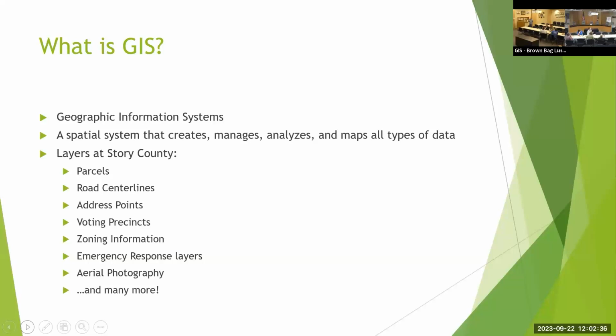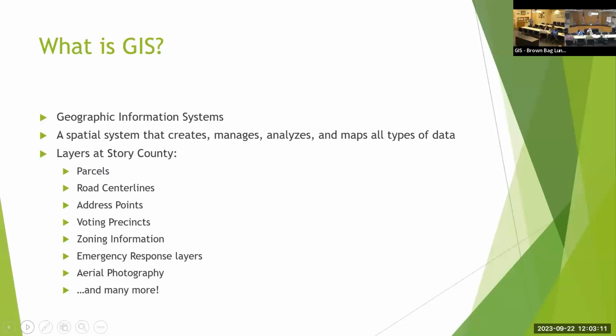Okay, so what is GIS? It's Geographic Information Systems. So it's a spatial system that creates, manages, analyzes, and maps all types of data. When I'm explaining to people who don't know what I do, basically just digital maps or maps on computers. Now, honestly, smartphones have helped so much. Back in the day before smartphones, it took me a little while to explain what I did, and it was maybe a little bit harder. And now with Google Maps, Apple Maps, iPhones, Android phones, it's a lot easier. So I appreciate that.